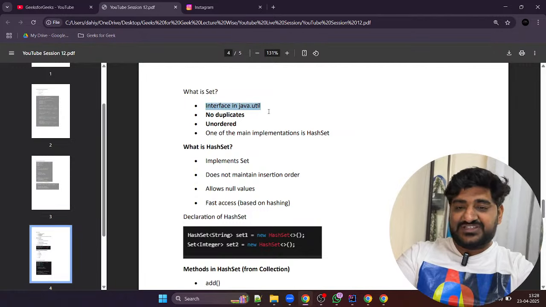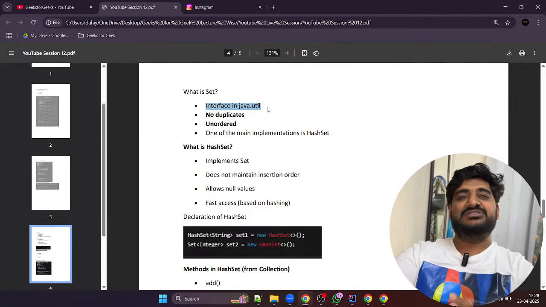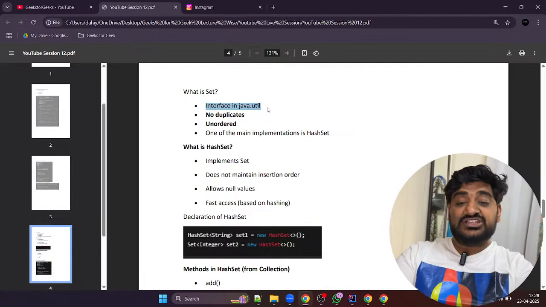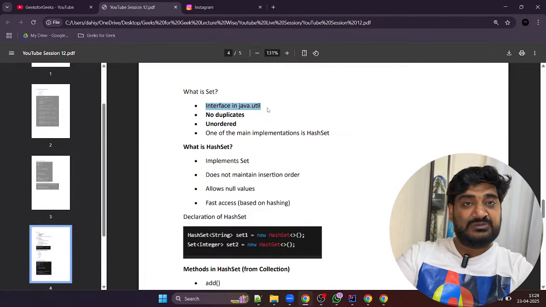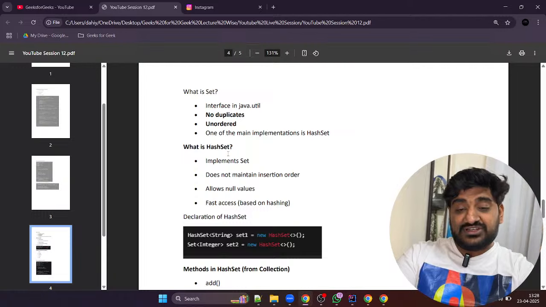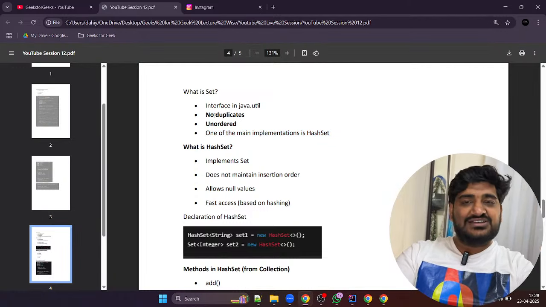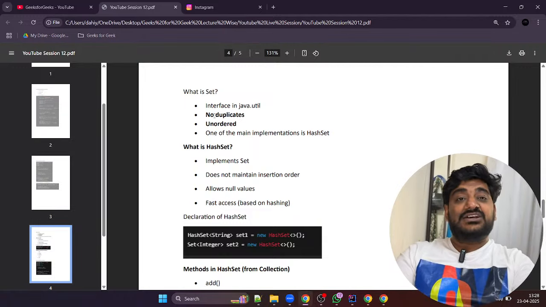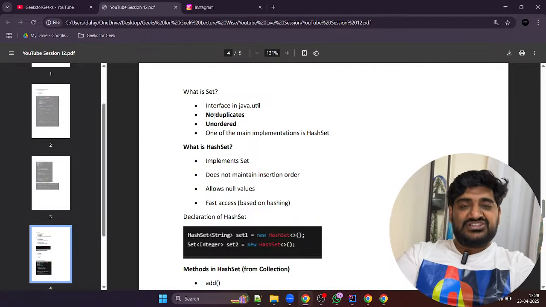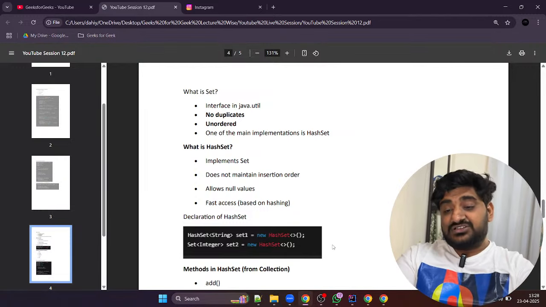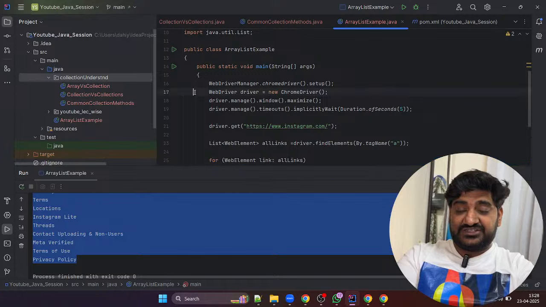So what is set? It is an interface. Inside this interface there are some implemented classes, and the implemented class we generally use is HashSet. So HashSet is the implemented class that we are going to use. Like in mathematics, in a set no duplication is added. That means if I want to add the same fruit, like we did here,